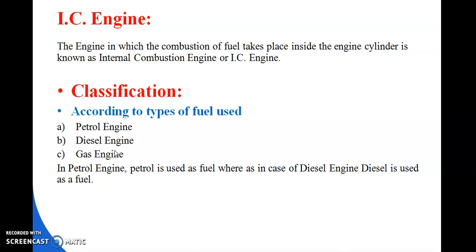Now let us discuss what are the functions of all those equipments or devices. First, come to the clutch. The function of the clutch is to engage and disengage the driving shaft of the engine to the driven shaft of the gearbox. So, the main objective of the clutch is to engage and disengage the two shafts of engine and gearbox.